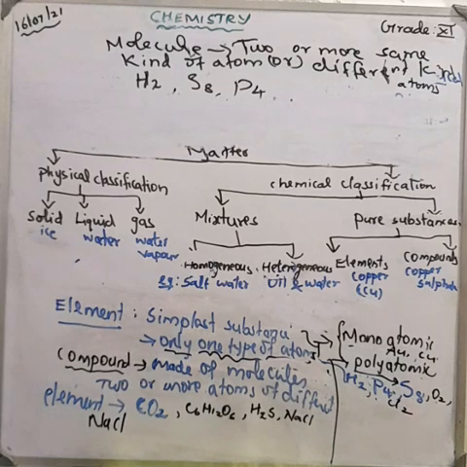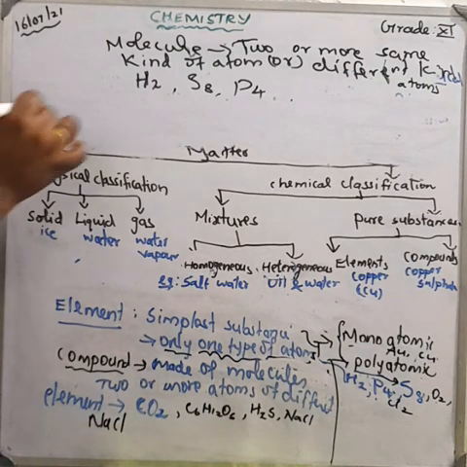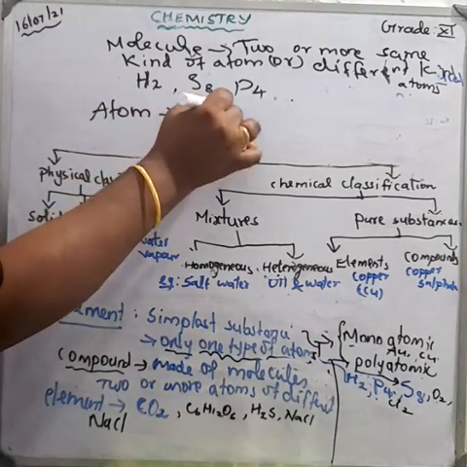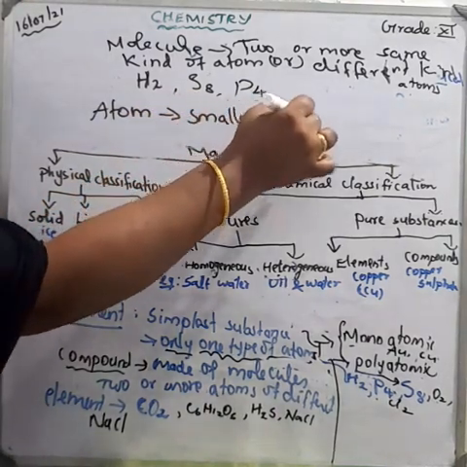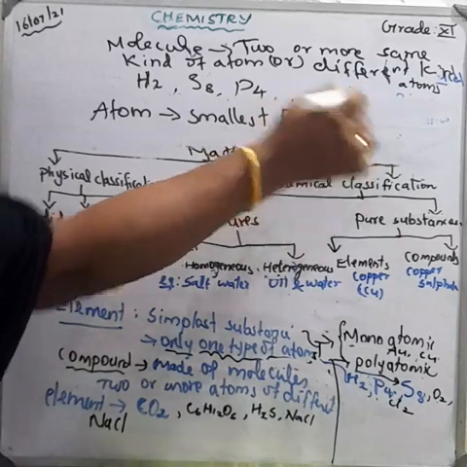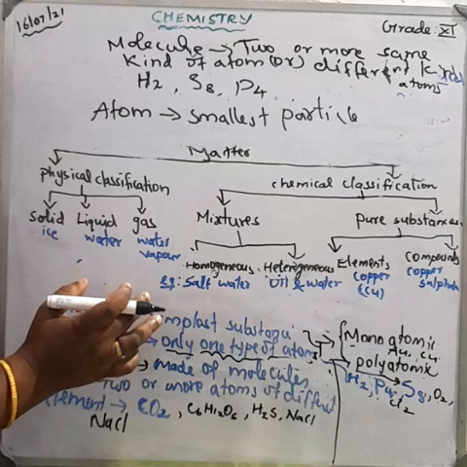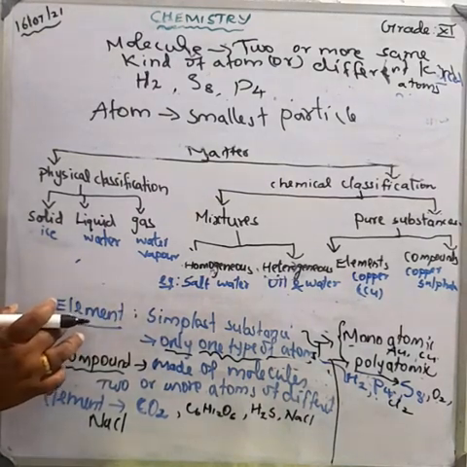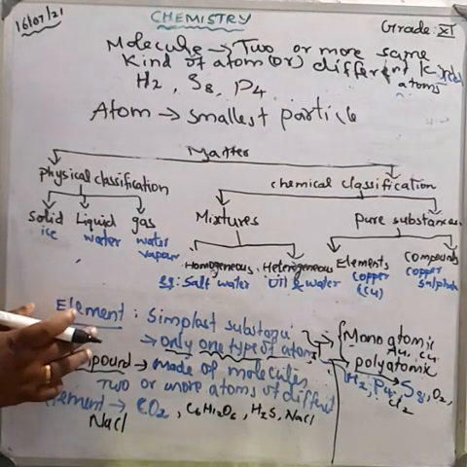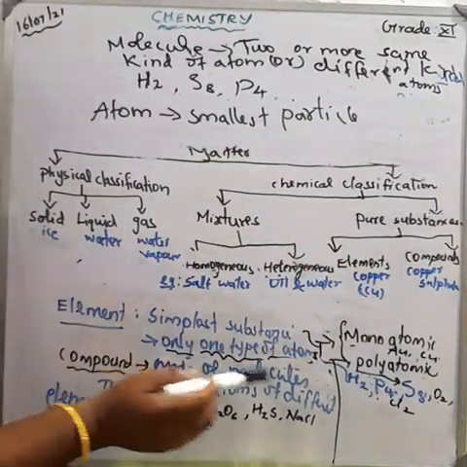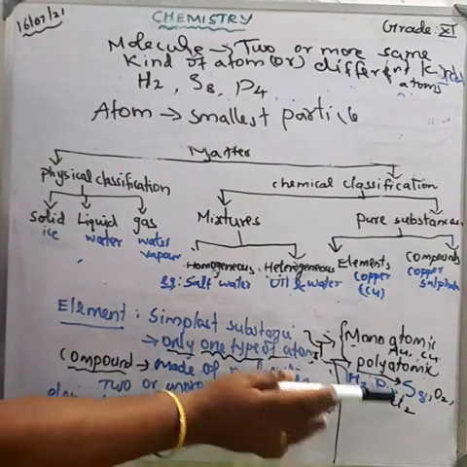Students, these are about the atom. The atom is the smallest particle of any element. An element consists of only one type of atom, and an element can exist as monatomic or polyatomic units. The polyatomic elements we call molecules. Gold, silver, Au, and copper, Cu, are monatomic; we say it is an atom. But a polyatomic one we call a molecule. Understood?